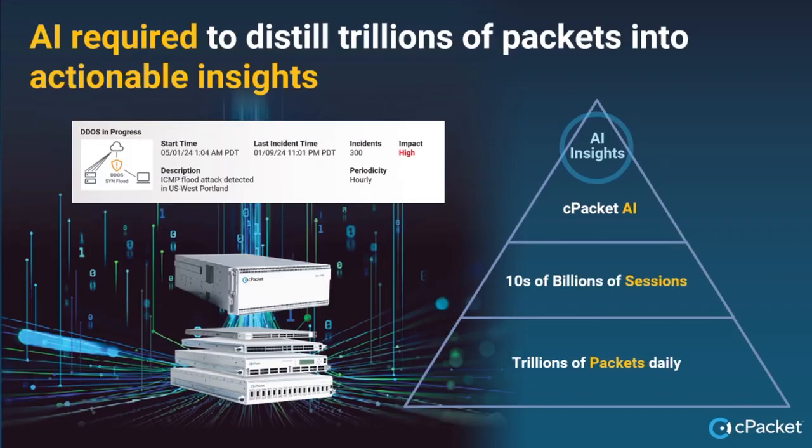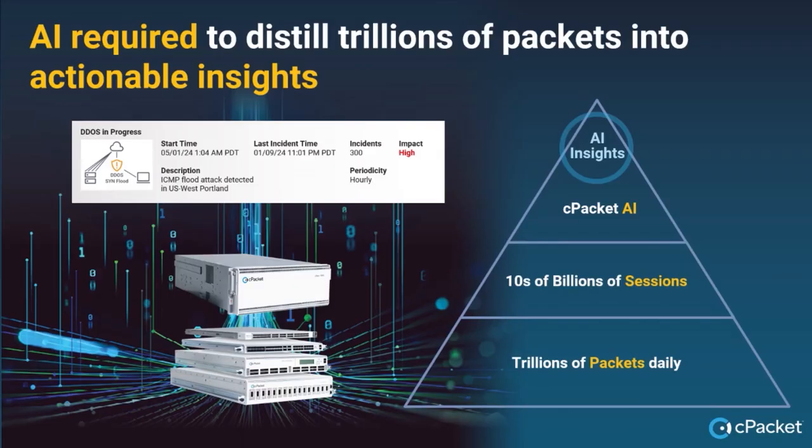We at cPacket are able to do things differently, rather than the alert fatigue that's offered by many other systems, when you have 2 to 4, 6,000 alerts that are firing, and so where do you start troubleshooting? Where do you find the needle in the haystack with 6,000 alerts? It's a great question. But our philosophy is all about surfacing a handful of relevant and actionable insights for NetOps and SecOps users to make the troubleshooting and the characterization of their network as seamless as possible.